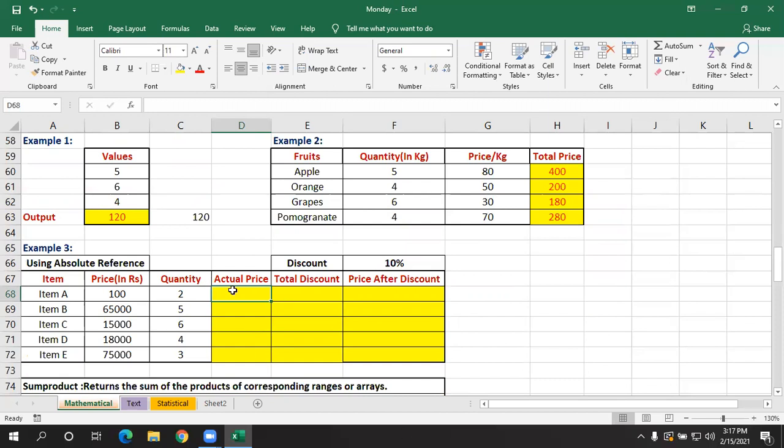Now I want to know the actual price, that means price into quantity. I'll give equals this cell into quantity, so it shows the actual price. It is the same formula, so I'll fill it for the other cells also, and it is filled.